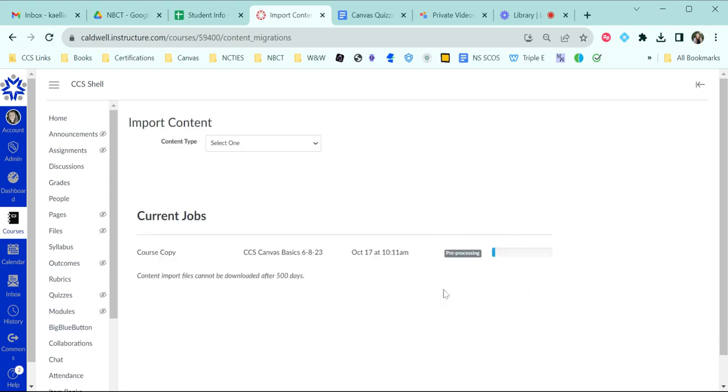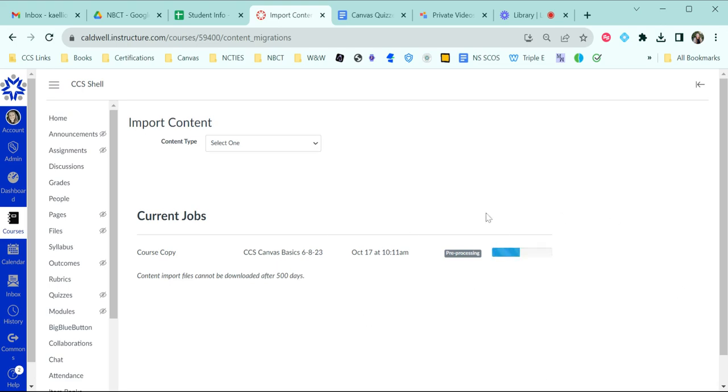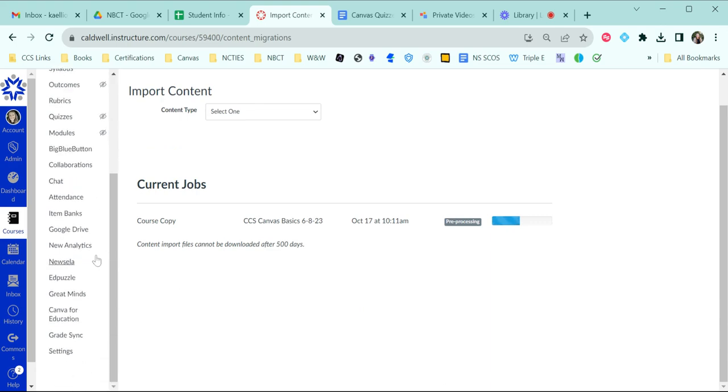So it is working on it, and the more things that you have within your course, the longer it's going to take to make this copy. And so you can refresh your page to look at it. If you need to go do something else, you can always go back